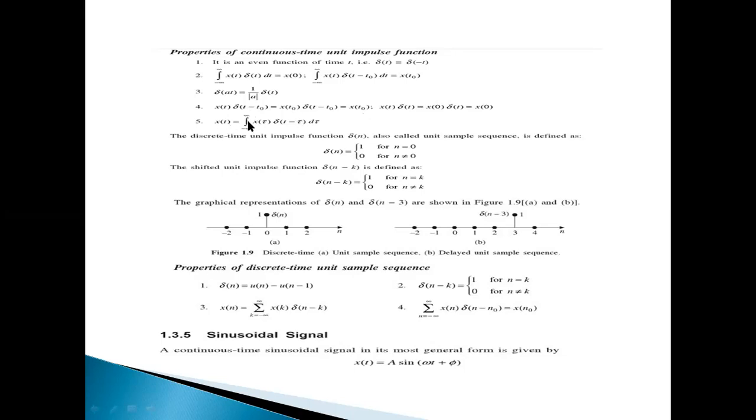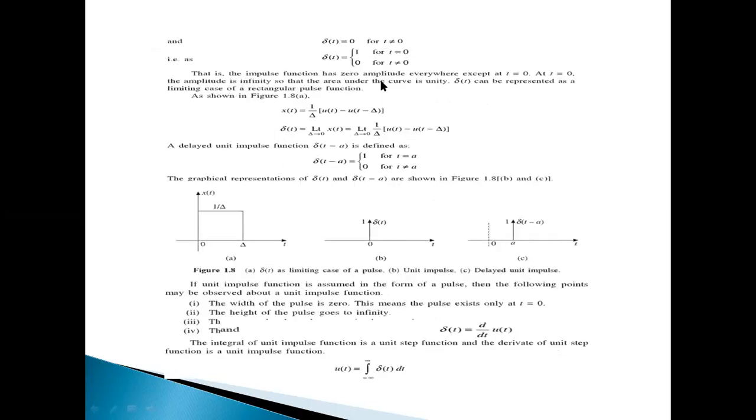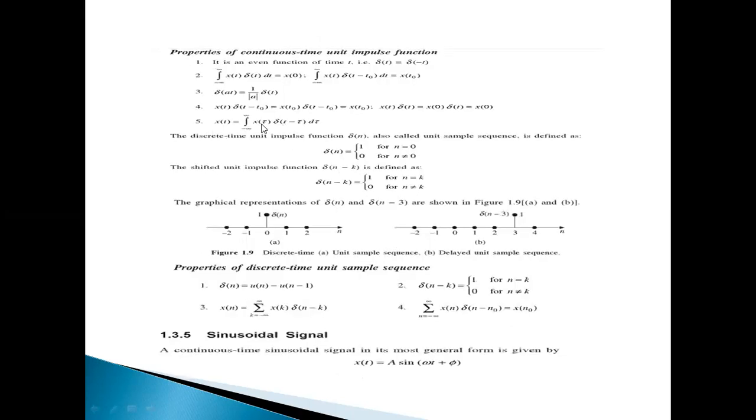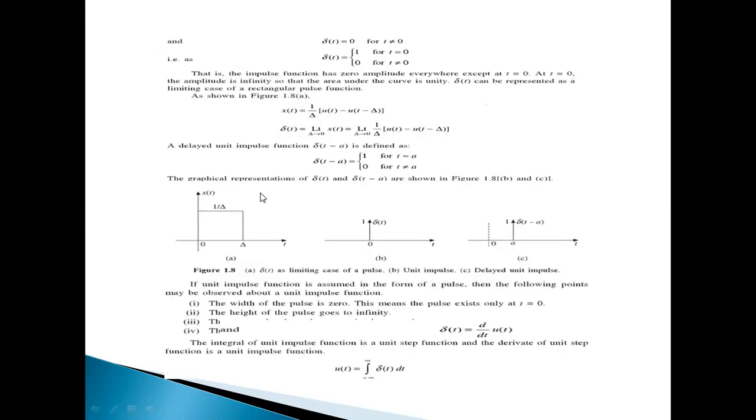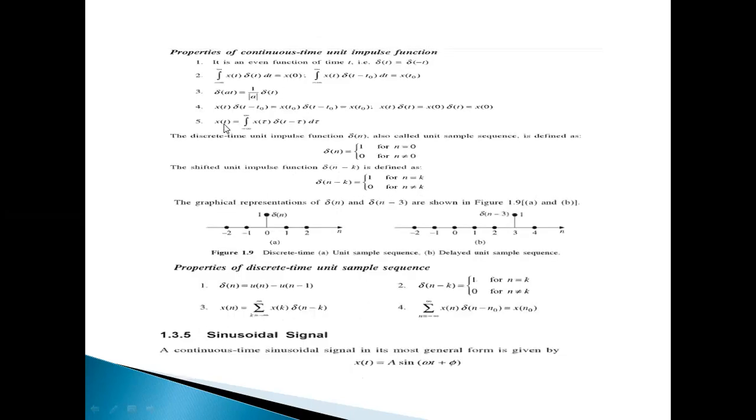Or x of t is equal to the integral from minus infinity to infinity of x of tau delta of t minus tau d tau. It is also the same as the relation between the step and the impulse function. Here also we get x of t. Previously it was mu of t; the mu of t we know is from 0 to infinity. Changing the limits from minus infinity to infinity, the value of mu of t is 1. Instead of mu of t, I am taking x of t or x of tau. The tau is the variable only.